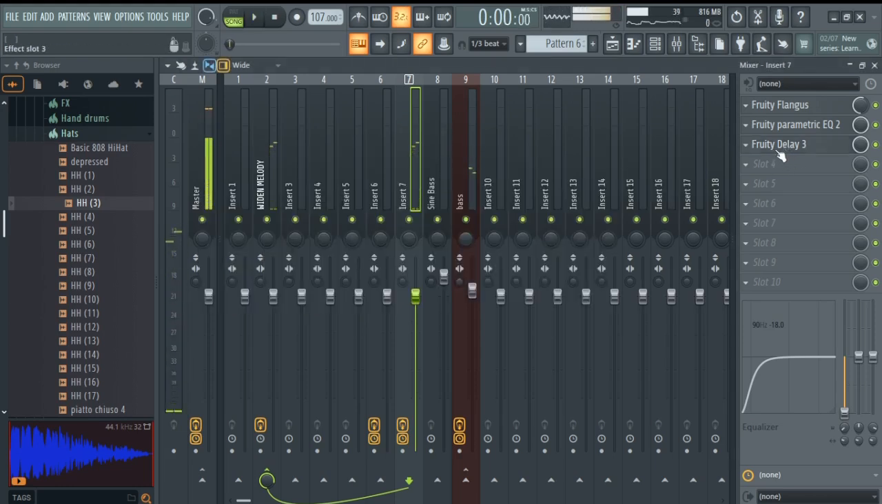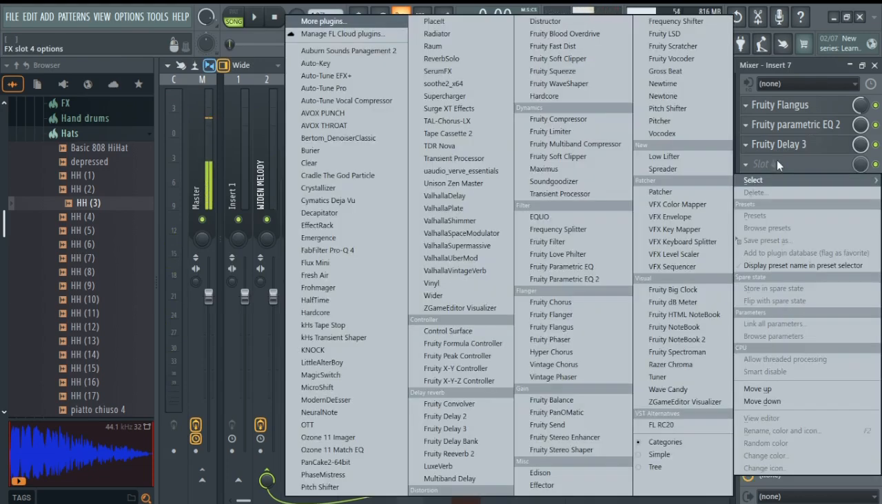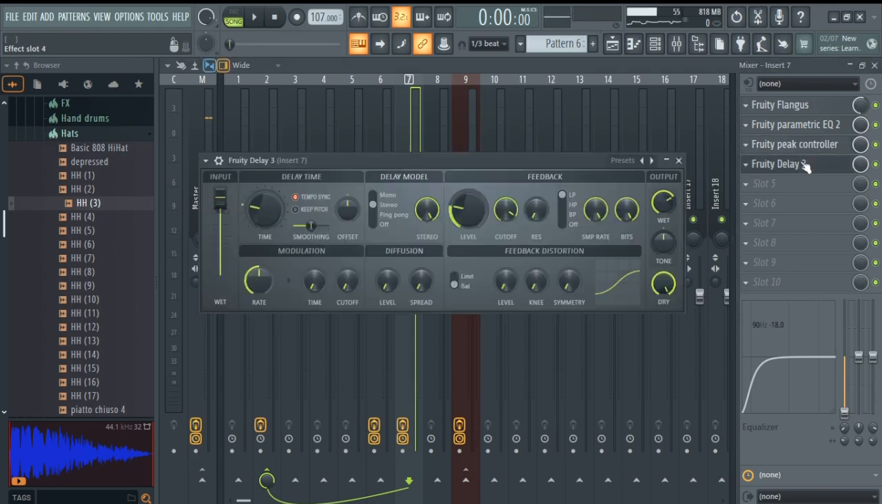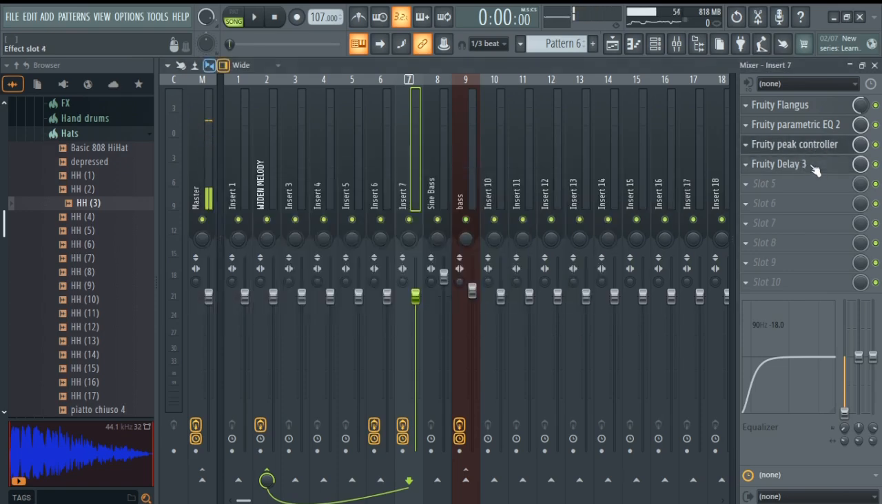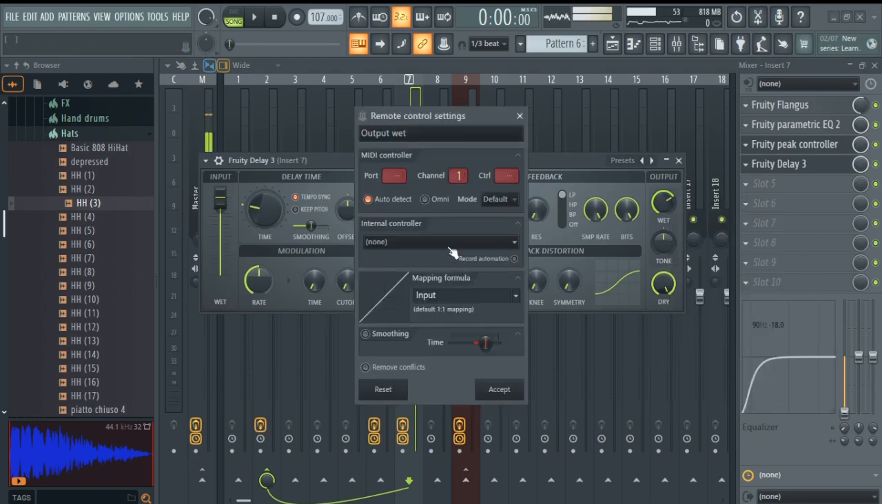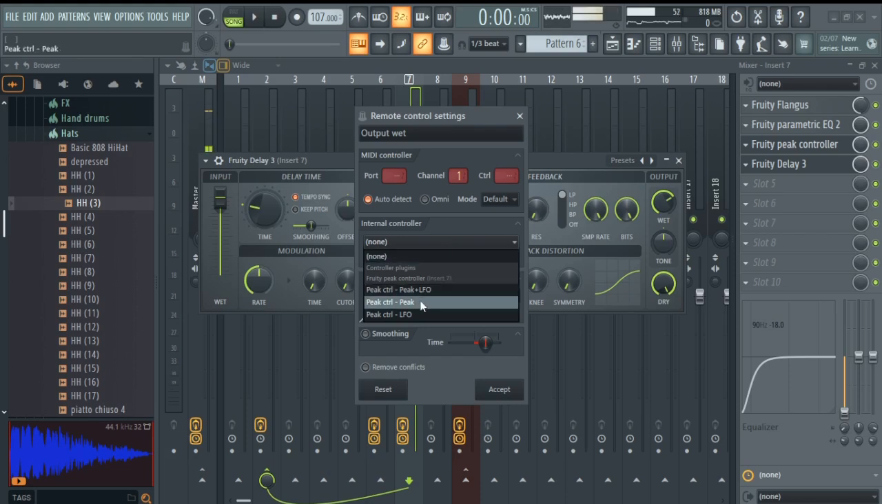Yeah, so to get neat delays, there's different methods, but the method I find works the most for me, for Afrobeat specifically, is this Fruity Peak Controller. So what you do is you load this before the delay. Then, okay, let me leave that on. Then you come over here, you right click, link to controller. Then you pick